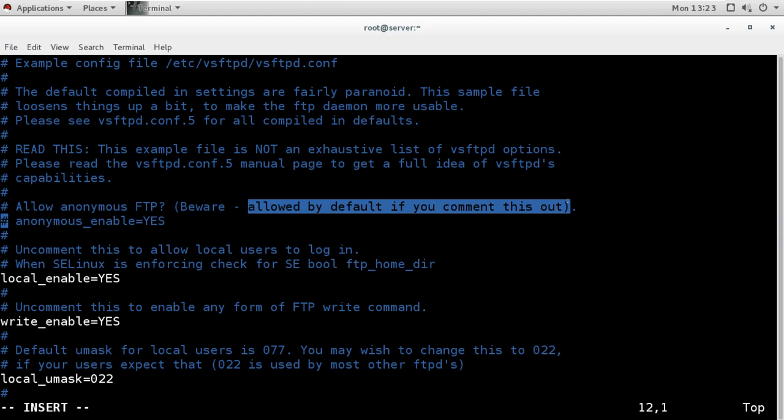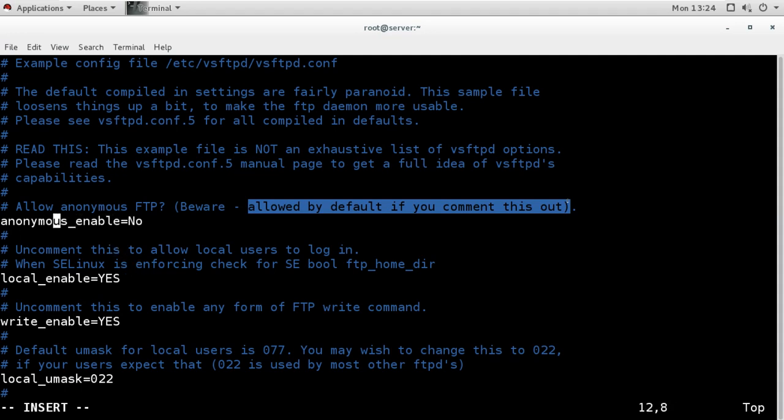So if we want to disable anonymous, then commenting will not work. We have to purposely change this yes to no. Otherwise, if you comment this setting, it will still be working. So these comments are commented, but if there is a setting for that, those settings are still working in default status. So if I want to disable the anonymous user, then I will change this anonymous_enable